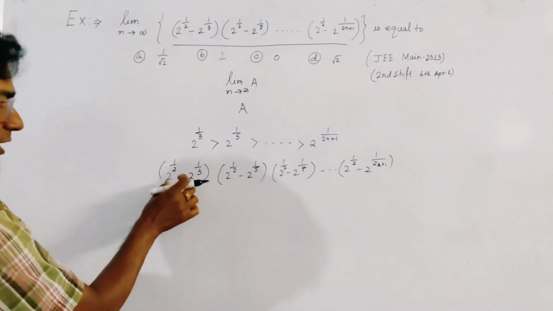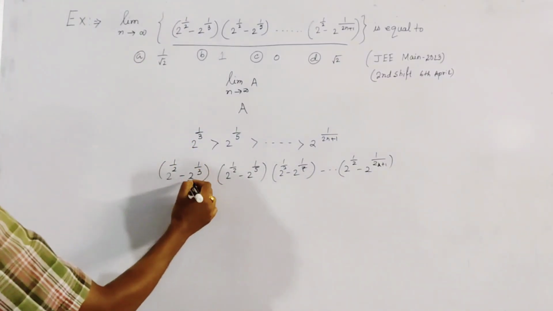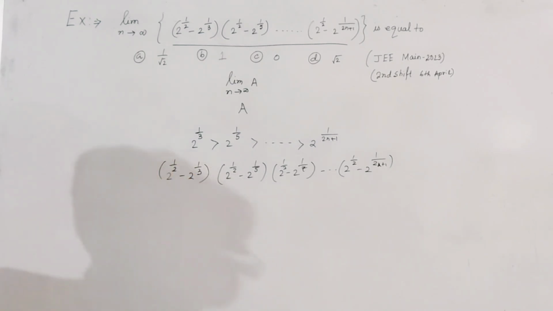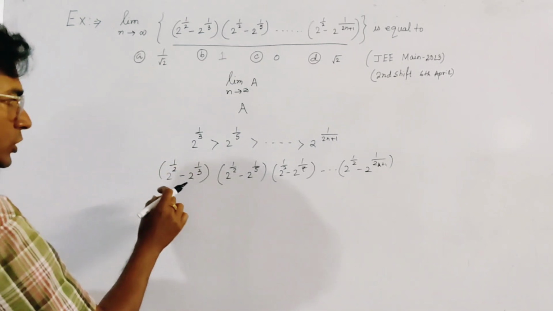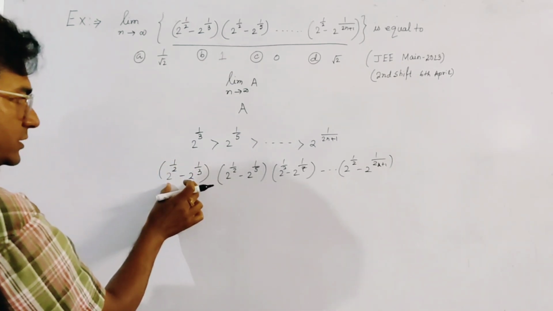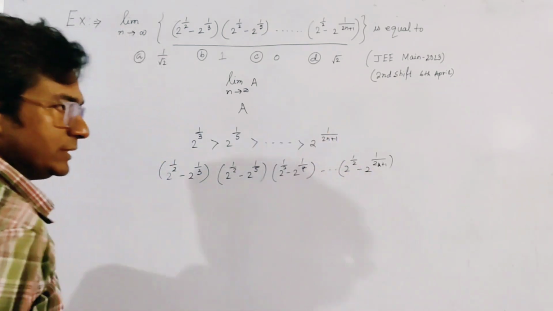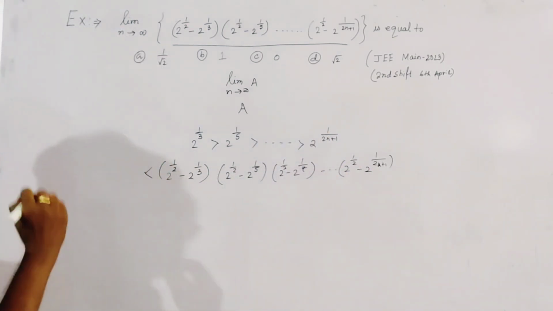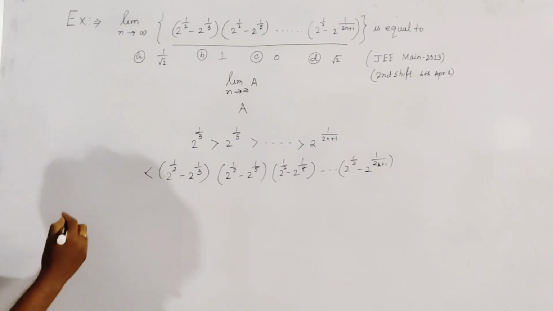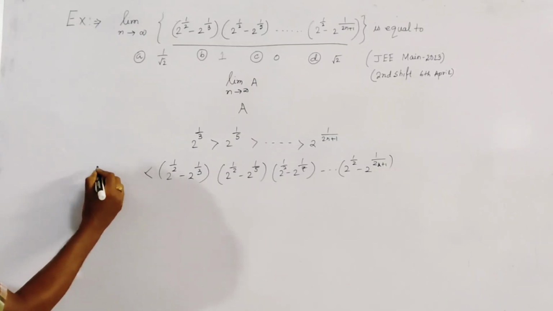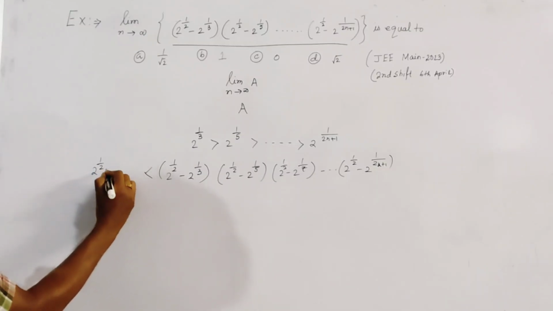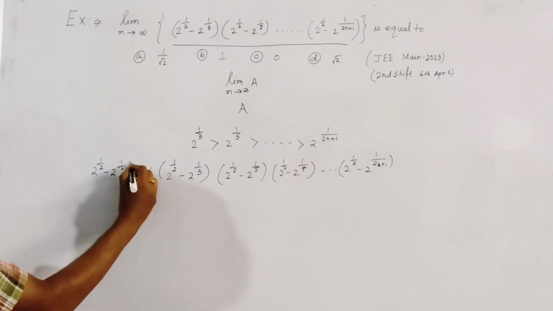This is the least element, because the subtraction is the greatest. So if we put this element in place of each of the others, we get the least result, which is